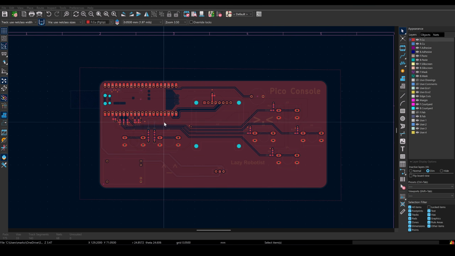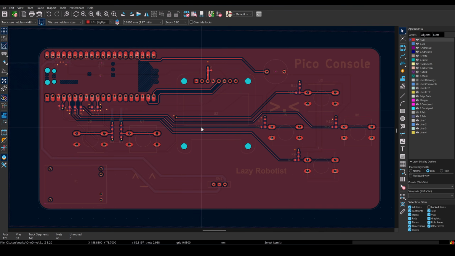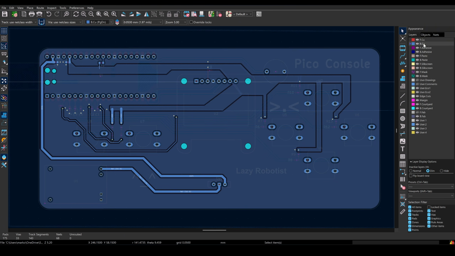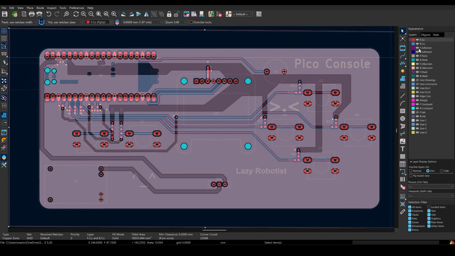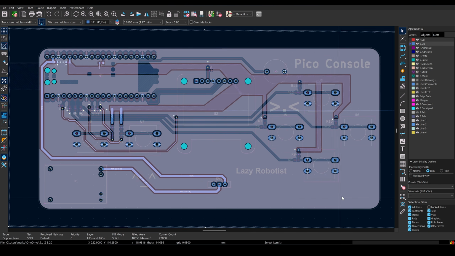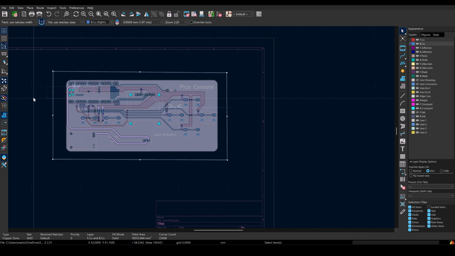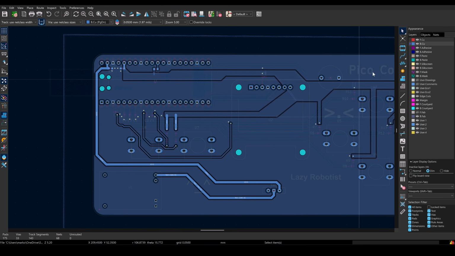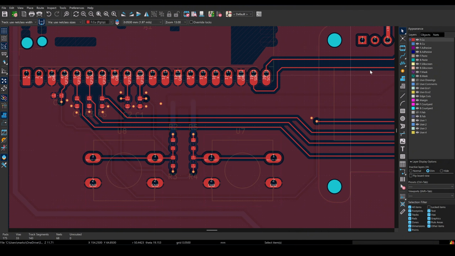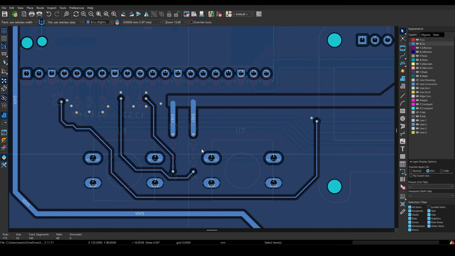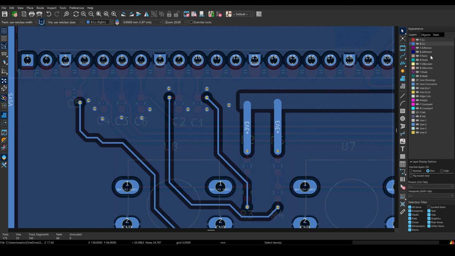So looking at my redesign, I've kept it as a two-layer board to avoid increasing the cost. But instead what I've done is fill pretty much the entire board with a ground plane on both the top and bottom layers. Now of course this is still not perfect because we still have routing traces on both sides, and in some areas we need to cross signals, which breaks up the return path locally, and when that happens,